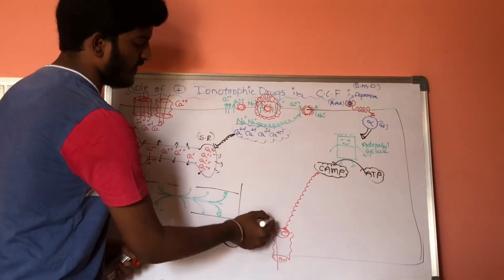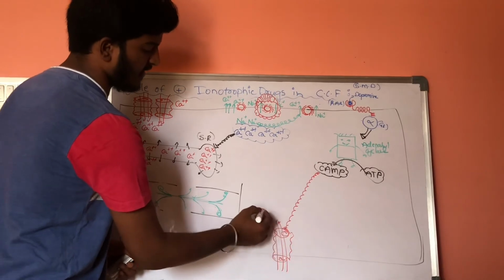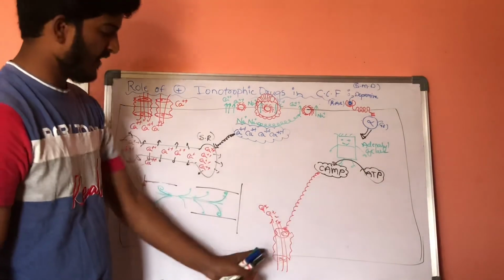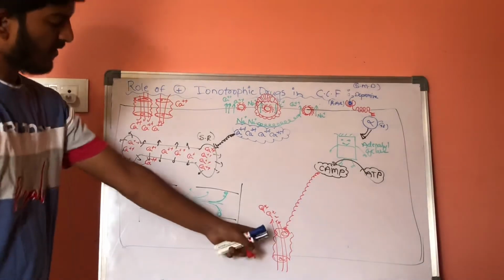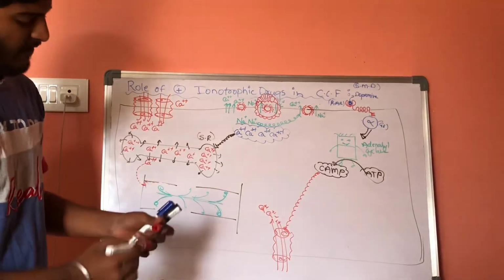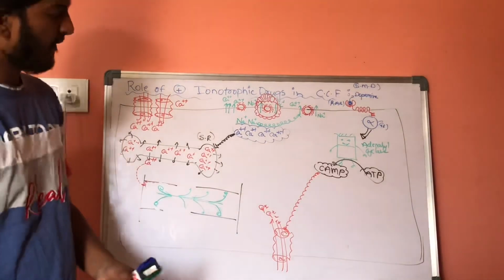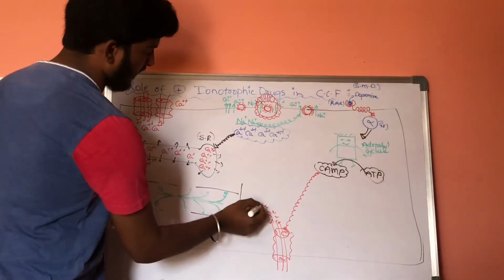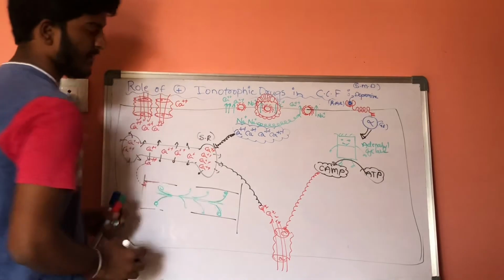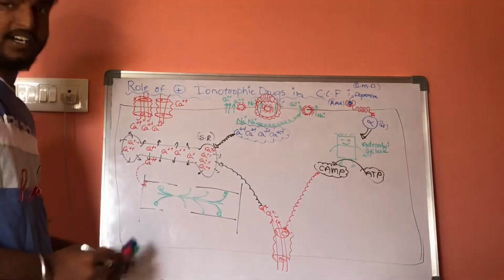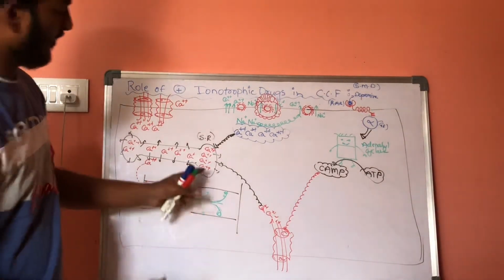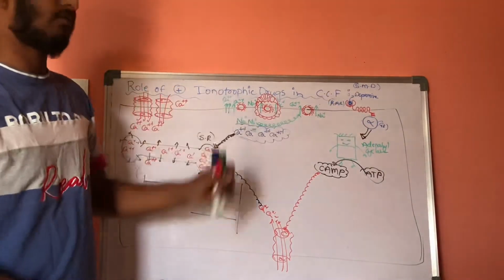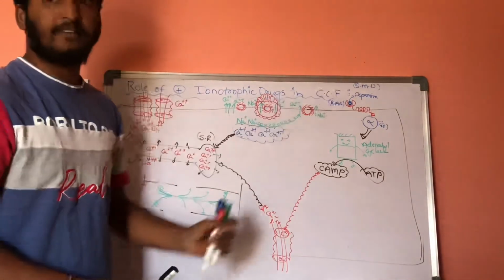As a result, calcium concentration inside the cell will increase. The function of the cyclic AMP is to open the voltage sensitive calcium channels. Whenever these are open, calcium will enter inside, and this calcium will enter the sarcoplasmic reticulum and be involved in contraction. Whenever this contraction increases, it is used as a positive inotropic drug, that is dopamine.